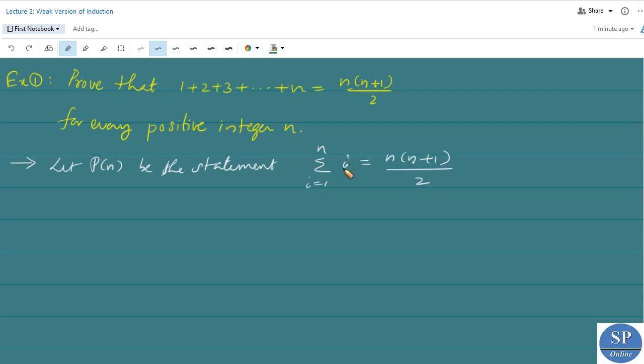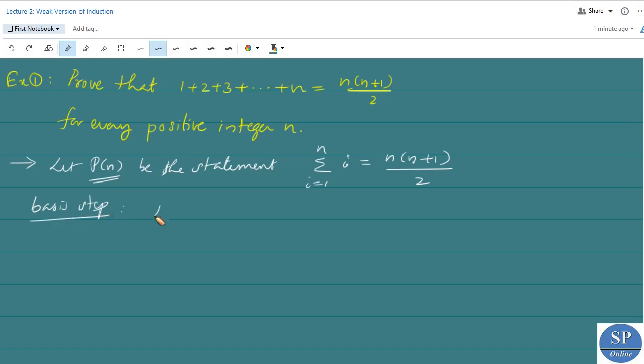That is, 1 + 2 + etc. + n is equal to n(n+1)/2. Let P(n) be this statement. So we have to show that P(n) is true for every positive integer n, that is, for every natural number n. To prove this by mathematical induction, the first step is the basis step,